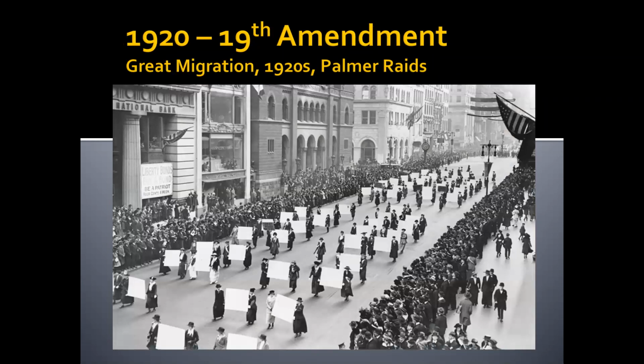And this victory in World War I leads us to the 1920s, which is a great time of progress in the United States. The reason why we have 1920 up as our date is that this is when the 19th Amendment is ratified into the Constitution, which grants women the right to vote. However, what's important to know about the 1920s is that there is a lot of superficial progress that is ultimately resisted.